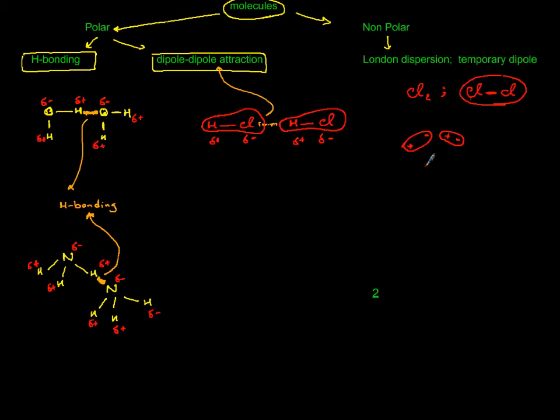So if I put a few of them together, they hold on to each other like this, positive, negative. So imagine each of these oval shapes is one molecule of Cl2, and now there is a tiny attraction among the positive and negative of the neighboring molecules, and these are known as London dispersion. London dispersion is a temporary dipole caused by movement of electrons.